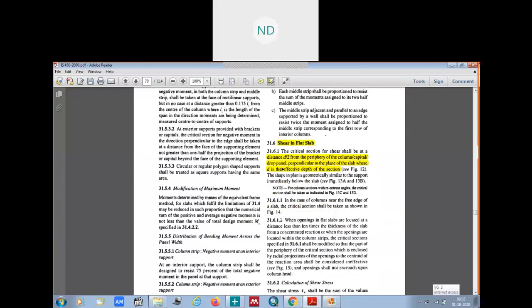So here from figure 12 we can see the critical section is at a distance d by 2 from the column, or if a column head is there, from the column head it is d by 2. Okay, now